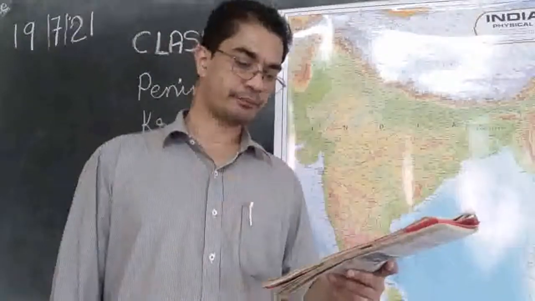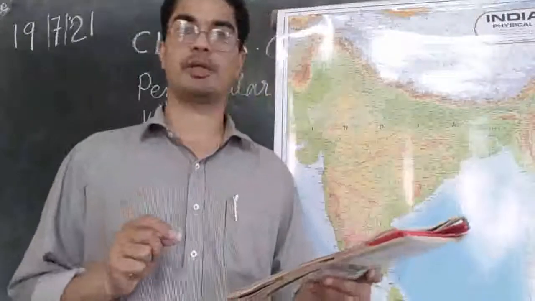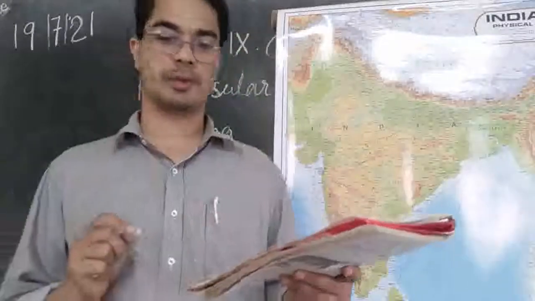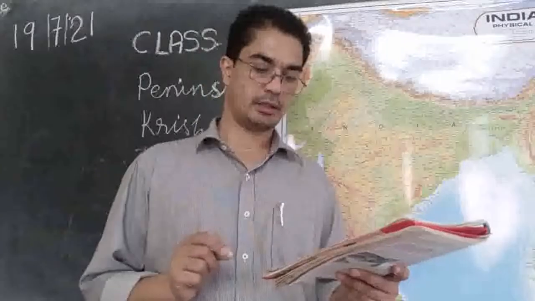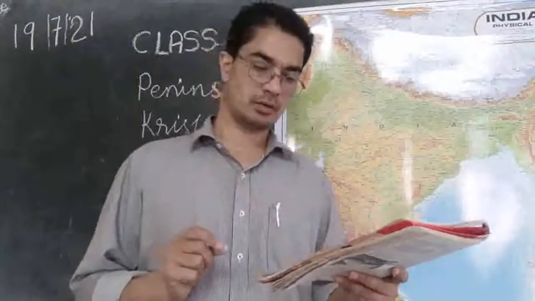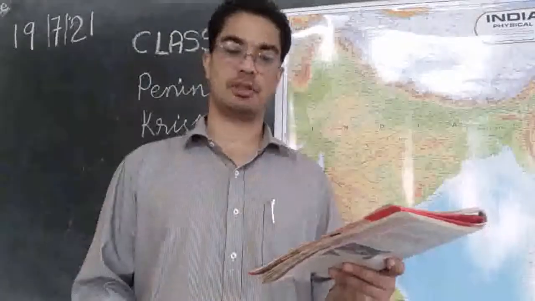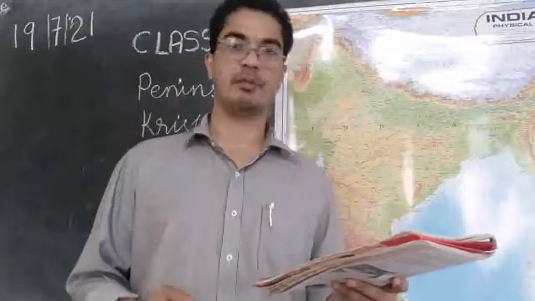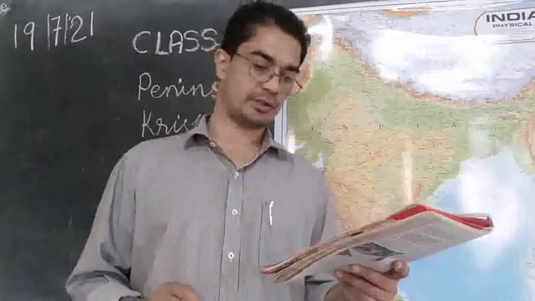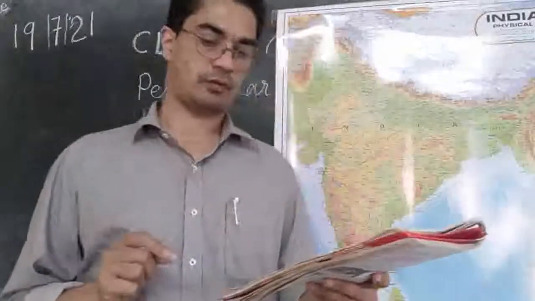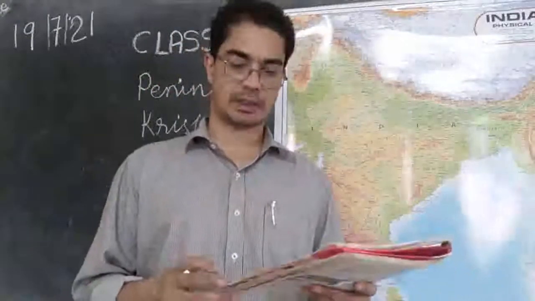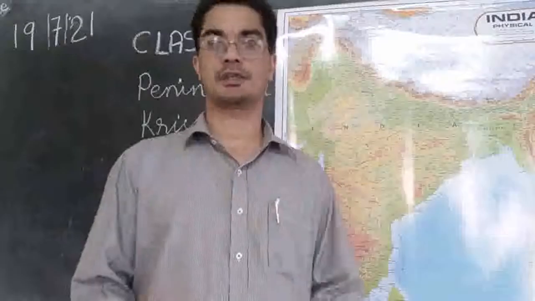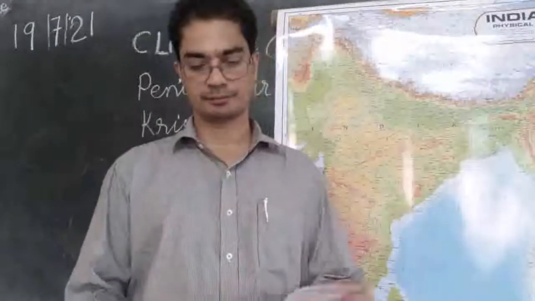What are they? The Tungabhadra, then the Koyana, then Gatprabha, the Musi, and the Bhima. These are the tributaries. So there are five tributaries for the Krishna river, and its drainage basin